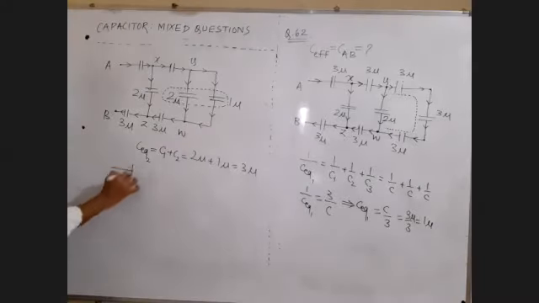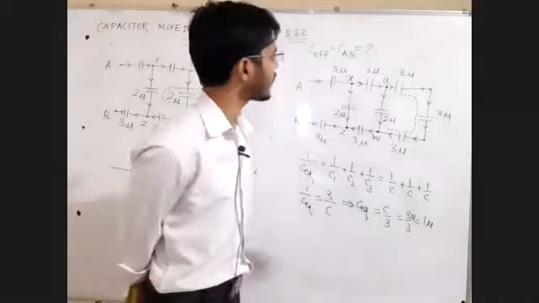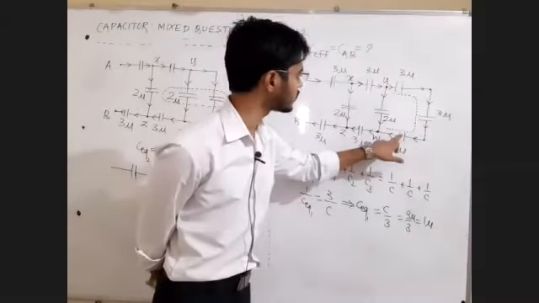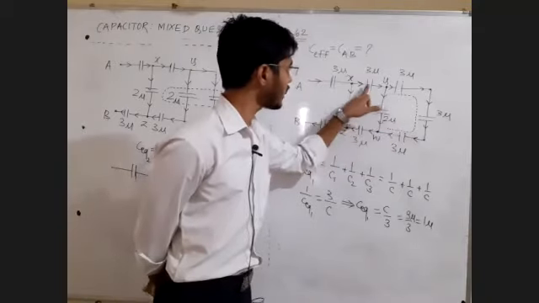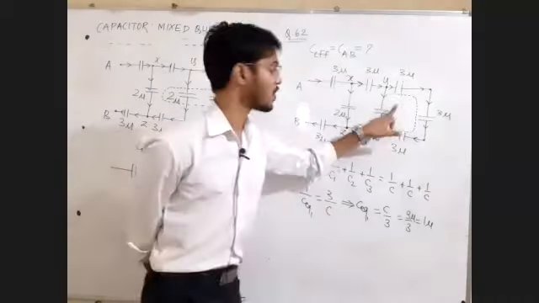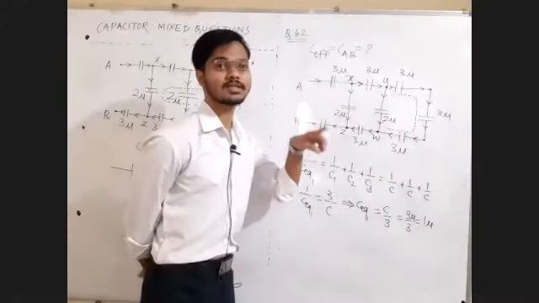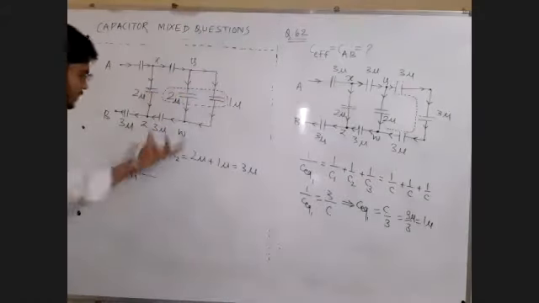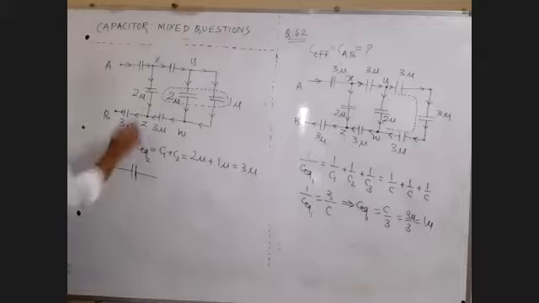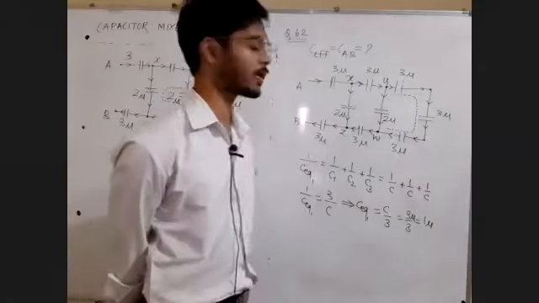Draw the circuit once again. Get familiar with the process. In the actual exam, just by looking at this, I will say 3, 3, 3. The answer is 1. 1 parallel with 2, the answer is 3. Again 3, 3, 3 in series, the answer is 1. In this way I will calculate, but let us try to understand the procedure. In reality, just by looking at the circuit, I can say the capacity is 1 microfarad.